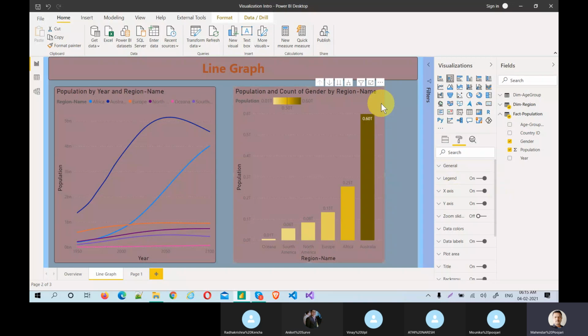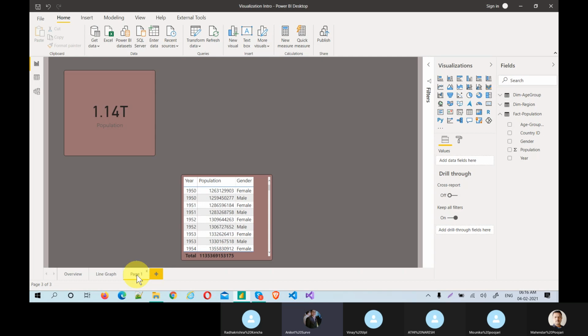Let me highlight this visual. My requirement, not requirement, my doubt: any straight table or matrix that I call in the page should have a green background. The header, only the header, should have a green background, specific to the table only, any table or matrix that is called.